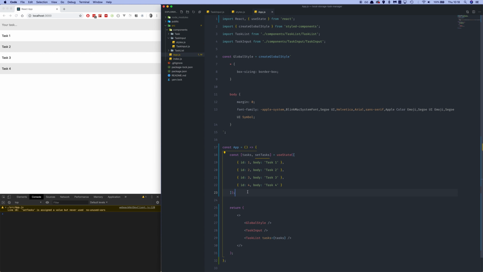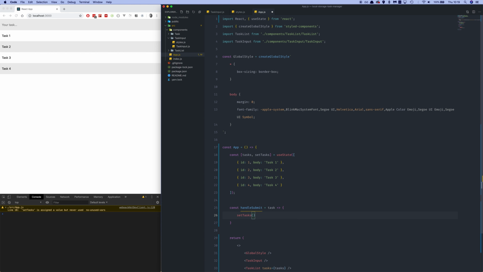our app state. So what we'll do here is we'll set a new method and we'll call it handleSubmit, as we'll be submitting the form in our task input. And what that will do is take the task that the user has just inserted into our task input field. So that will be an arrow function. And then what we're going to want to do here is set tasks, using our useState function,